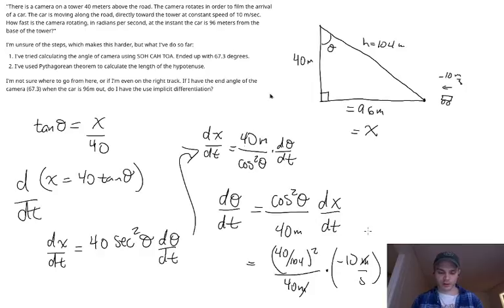So this is negative 400 divided by 104 squared. Okay, so this ends up being approximately